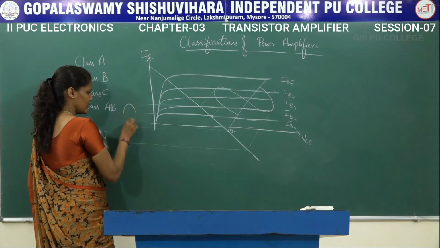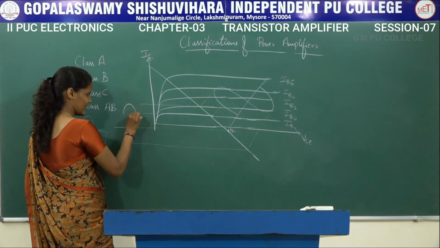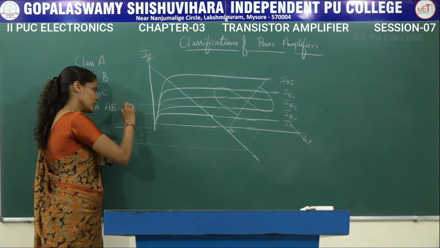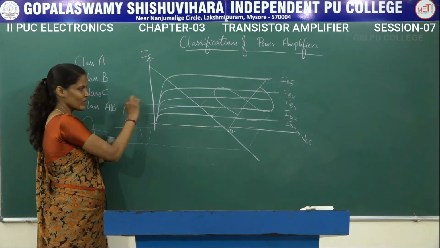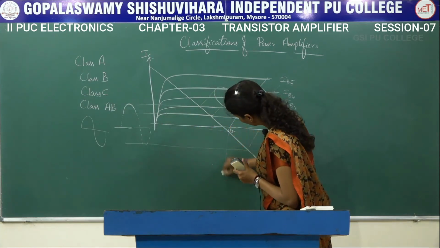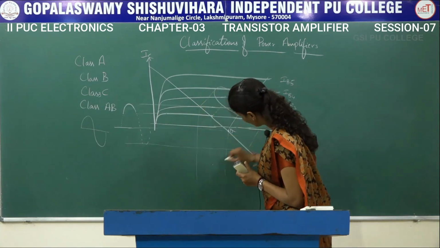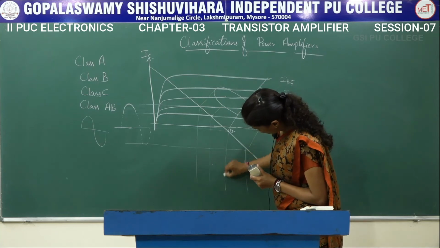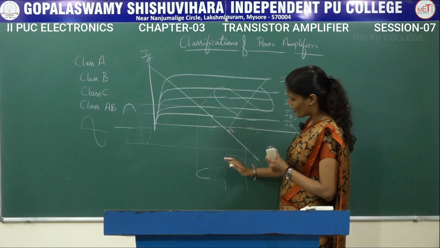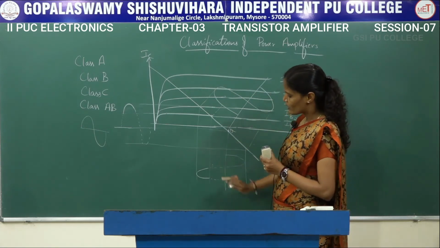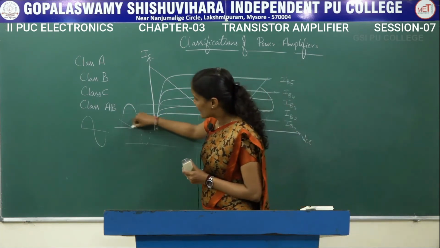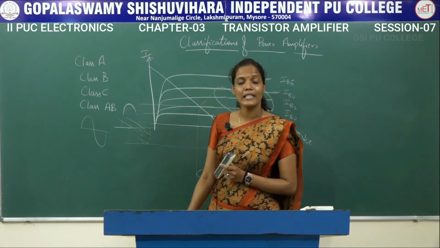the output signal will be produced. That is, the output signal has to be like this, but there is a lot of distortion. Only a small portion of the input signal will be appearing at the output. In the same way, even if we take it here, only a small portion of the input signal. So the input signal generates the output like this, but only a small portion of the input signal will be appearing at the output side and the remaining will be completely distorted.